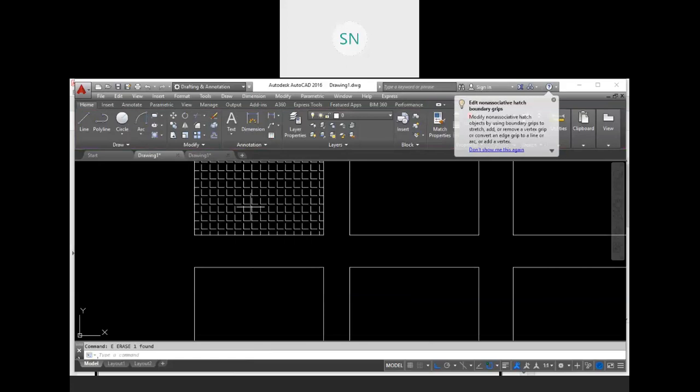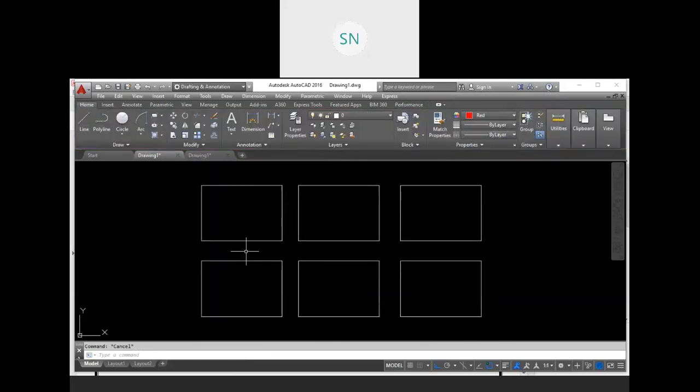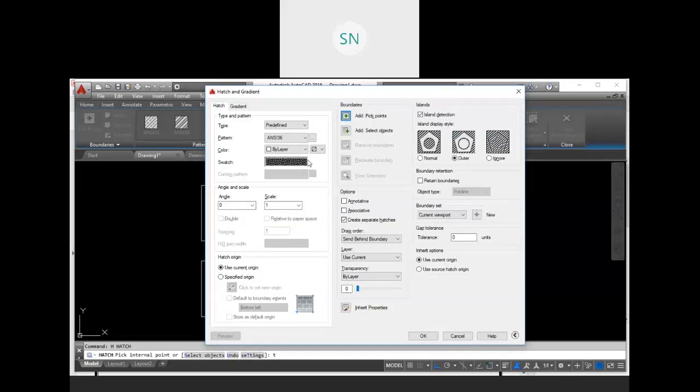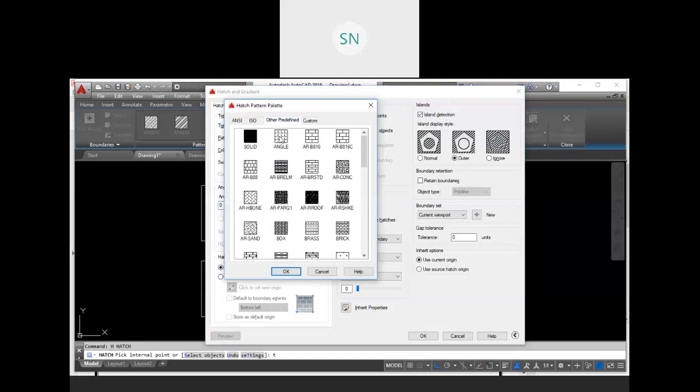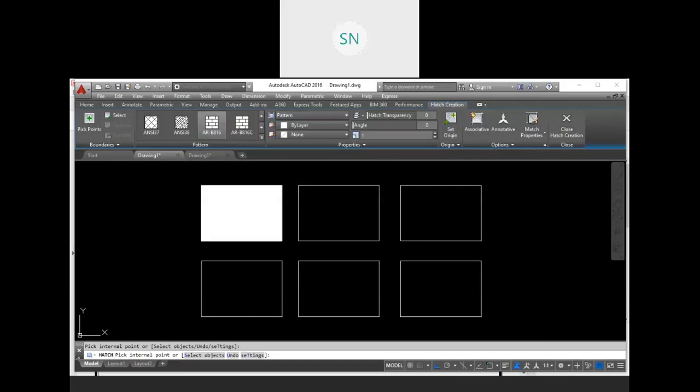Let me discuss the Hatch tool in detail. H, enter, T, enter, Hatch setting. And here I am going to choose one uneven pattern like this brick pattern. Hit OK, and to fill a particular rectangle use this Add Pick Points option, selecting this rectangle, and as you can see we are getting a completely white dialog box over here.